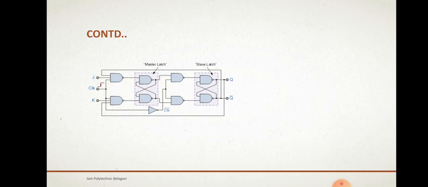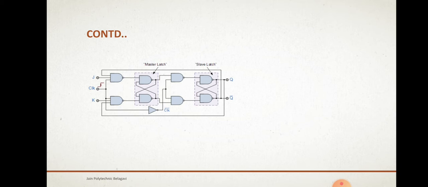Also, when the clock is low, the outputs from the master flip-flop are latched and any additional changes to the inputs are ignored here. The gated slave flip-flop responds to the state of its inputs passed over from the master section. Then on the low to high transition, which means positive edge transition, the clock pulse inputs of the master flip-flop are fed through the gated inputs of the slave flip-flop, and on the high to low transition, the same inputs are reflected to the output of the slave, making this type of flip-flop positive edge or pulse triggered.